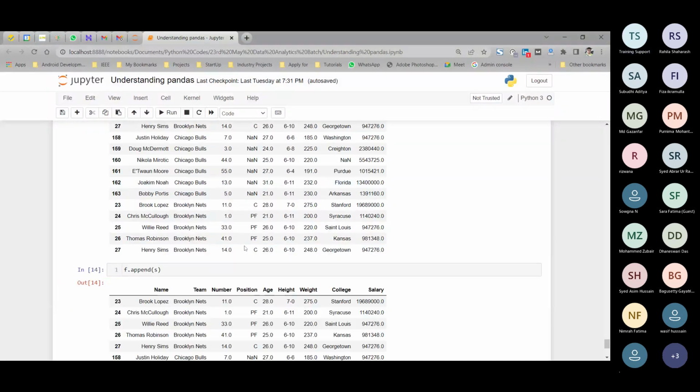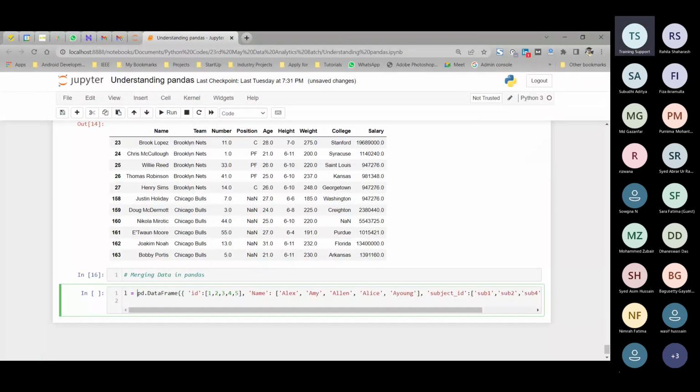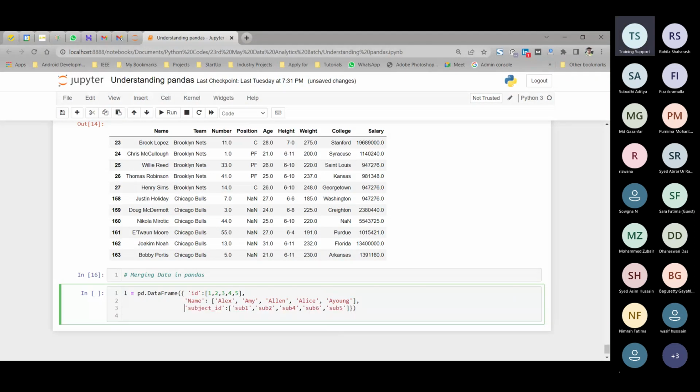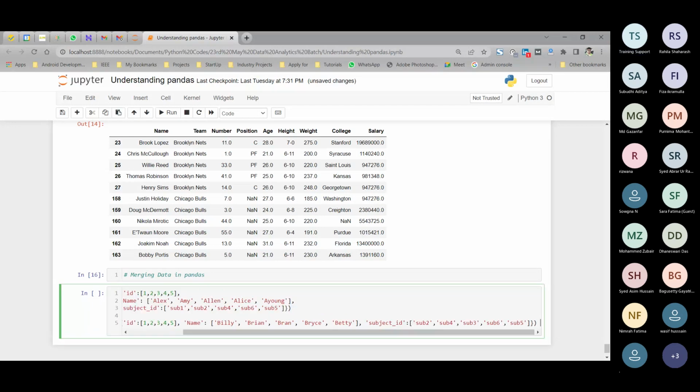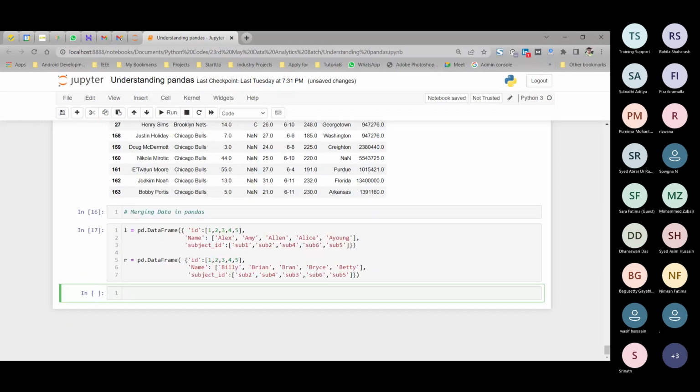Let's continue. Next is merging data in pandas. For this class, I am going to take two small data frames. I'm taking here l is equal to a data frame; here you can see this is the dictionary that I have used. This is the L data frame. Another data frame we are going to create here, r is equal to